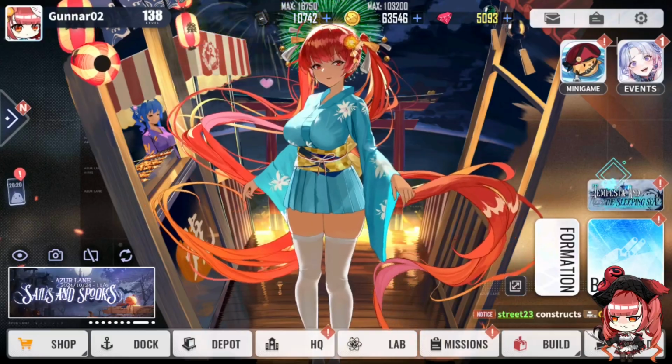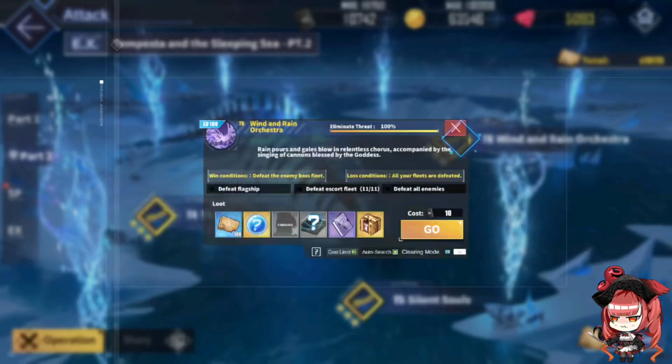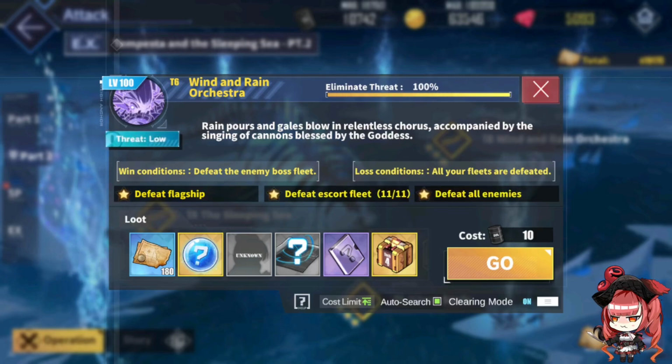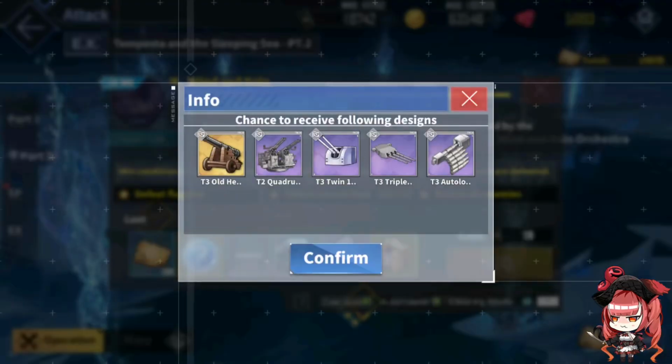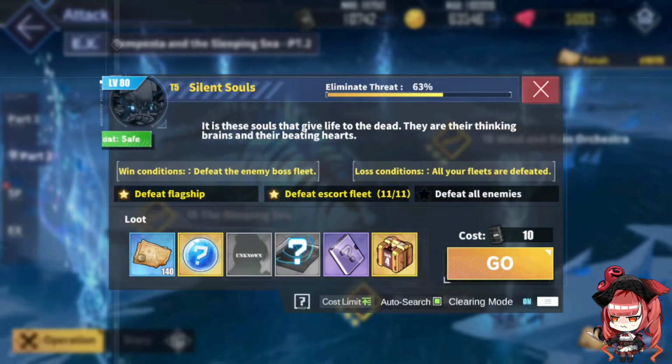As for stuff to farm, fortunately the levels on this event are fairly low, so the final one is only level 100. It shouldn't be too difficult. And you get some gear, more old heavy cannon prints. A lot of the Tempesta ships are gonna need that one. Also, if you have San Martino or got San Martino in Ganji's event, and you don't have a main gun for him,